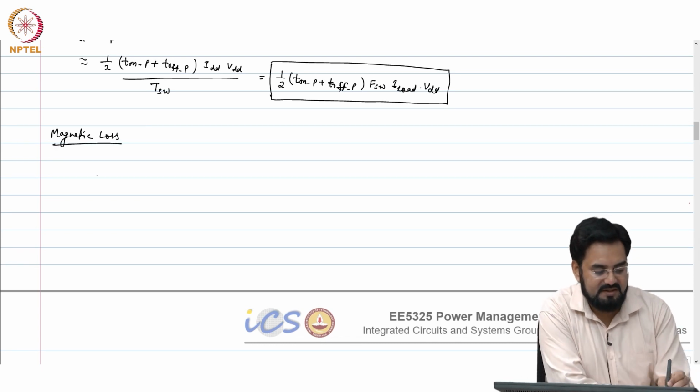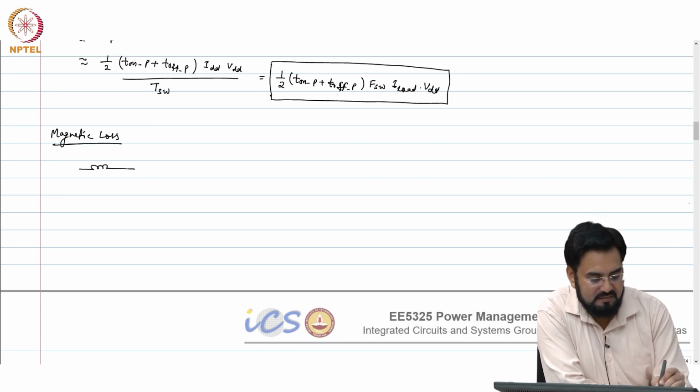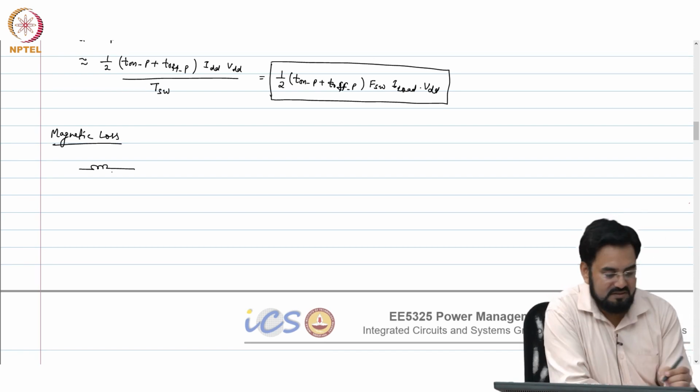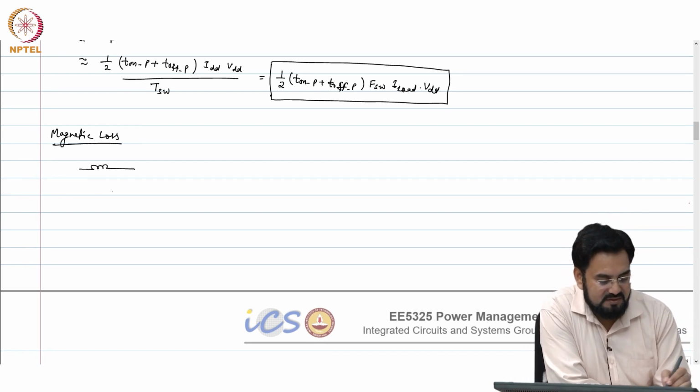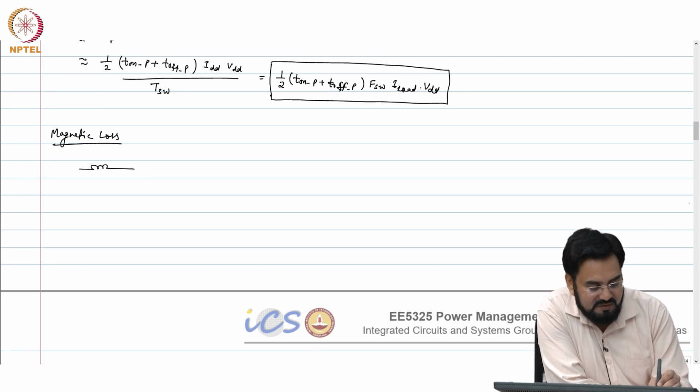So, what is your magnetic stuff here? Inductor, huh? So, usually, so far we had been considering only this RDCR,